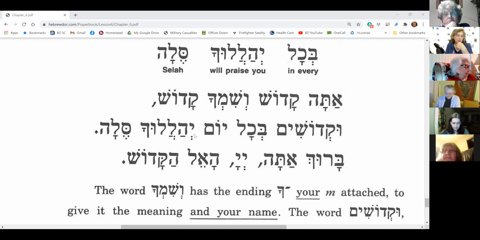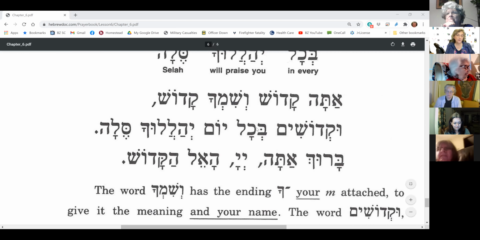The biblical Hebrew taught us future tense. And in the future tense, if I have a yud at the beginning of the word, then it's a marker for a future tense, and it's third person. So it's probably either he or they. In this case, the u ending means it's not just he, it's they, because the u means plural. So yehalelu means they will praise. Cha, you. So they will praise you. So ukedoshim, and the holy ones, every day will praise you.